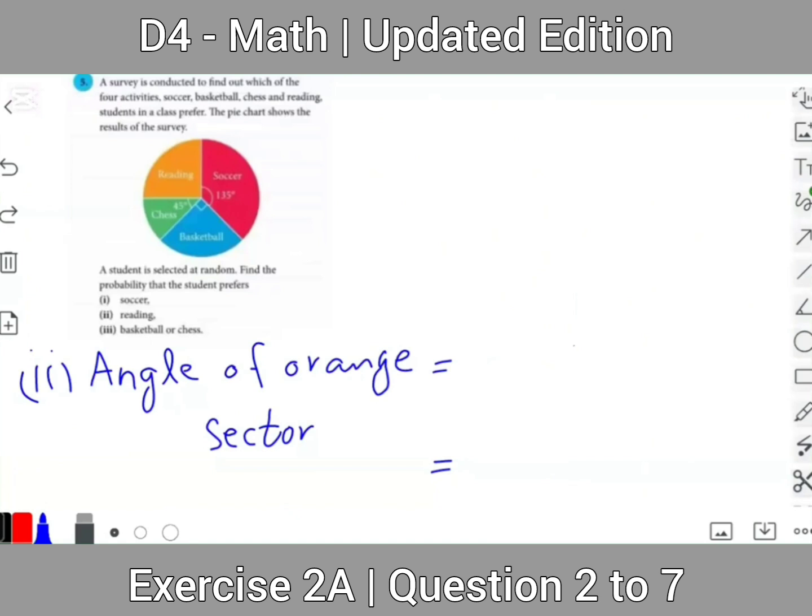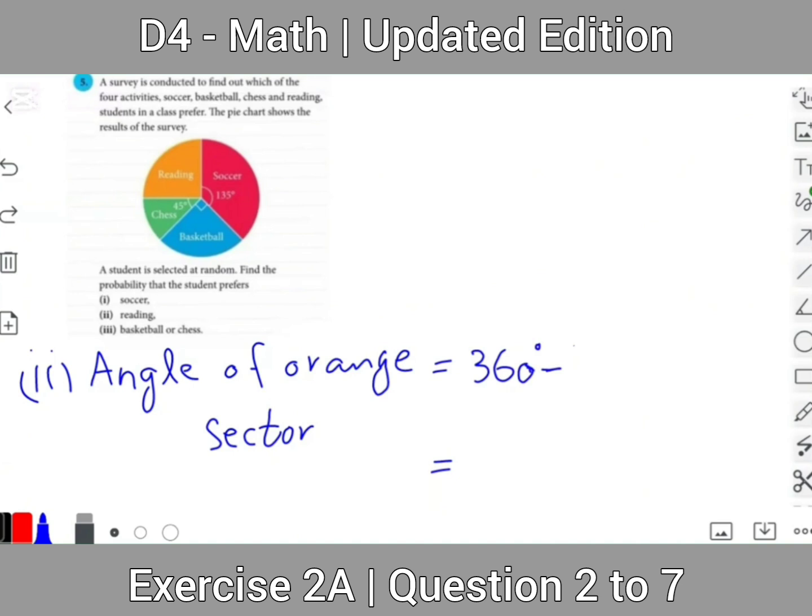Now in part 2, we have to find the probability that the student prefers reading. For this, first we have to find out the angle of the orange sector, because there is no information regarding the angle of the orange sector. Since we are provided with 3 angles of sectors, the total of the angles of the sectors of the circle is equal to 360. Now we will take away the